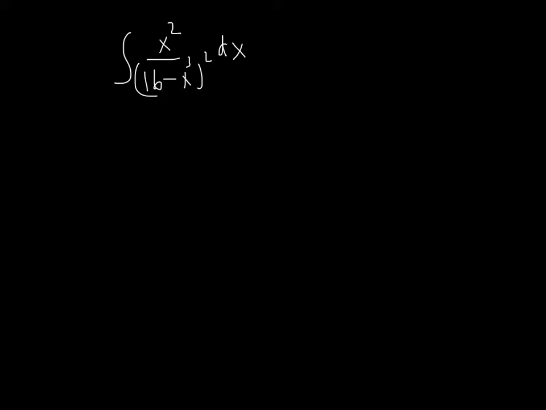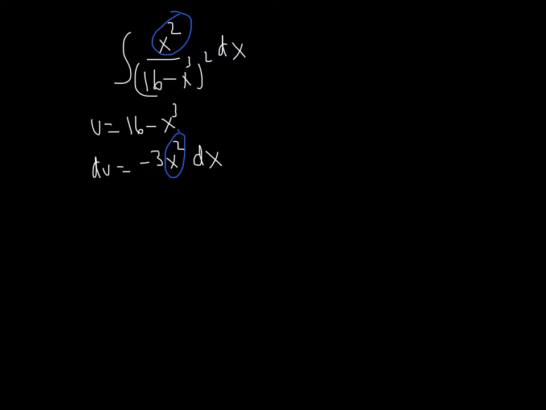We're going to let u equal 16 minus x cubed. Why? Because if we take the derivative of this, the derivative of 16 goes away and we end up getting negative 3x squared dx. And you can see here that this is the key, x squared, x squared. And after a while your eyes will start to recognize that